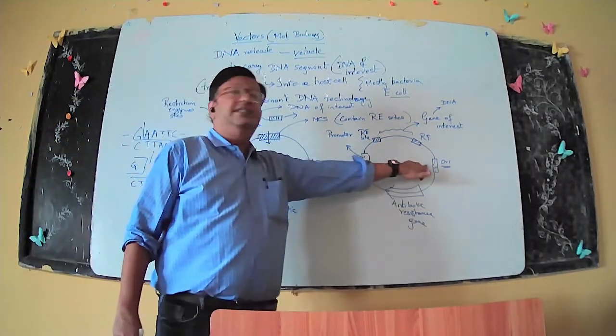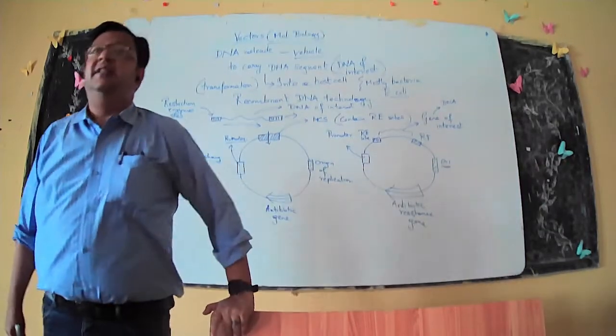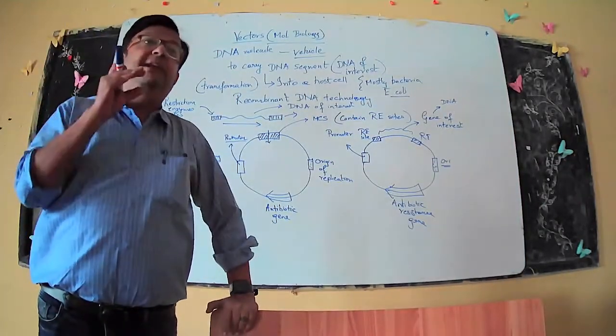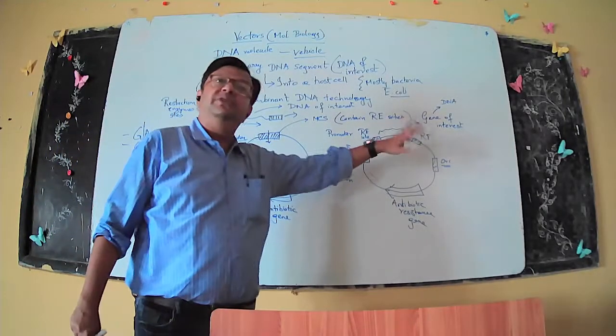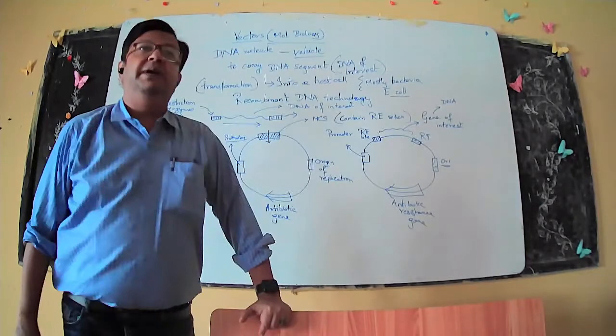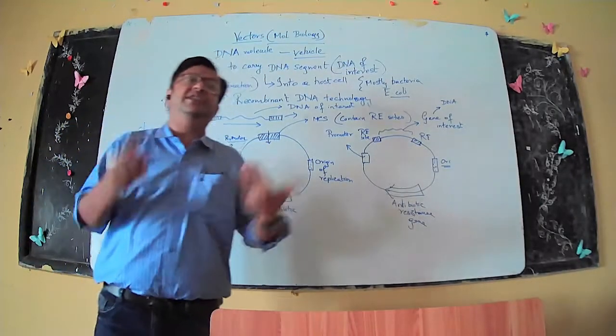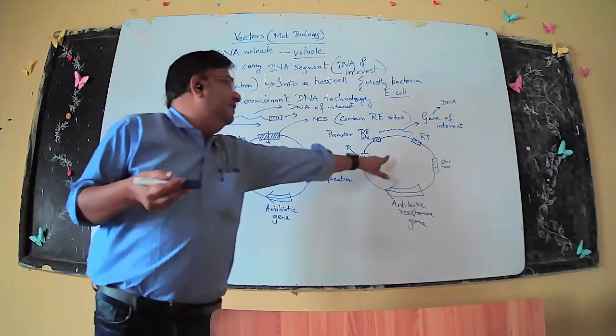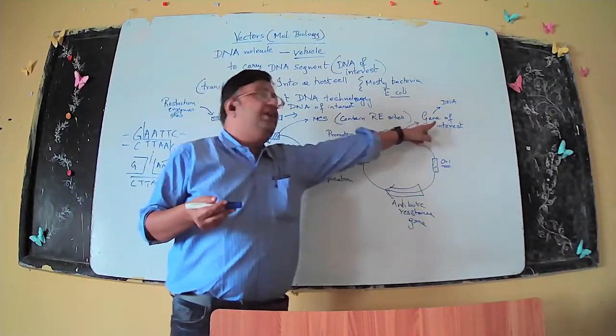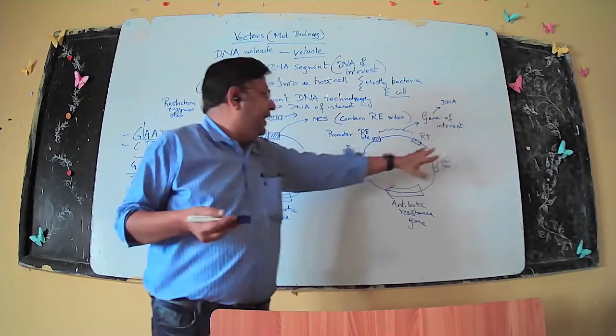And because there is this origin of replication site, the bacteria's replication machinery will go and bind and cause this plasmid to replicate inside the bacteria. So using the bacteria's endogenous replication, transcription, translation machinery, you make this particular gene of interest, insulin,